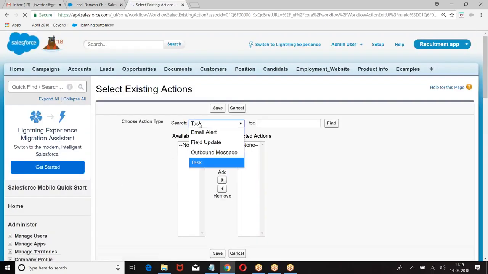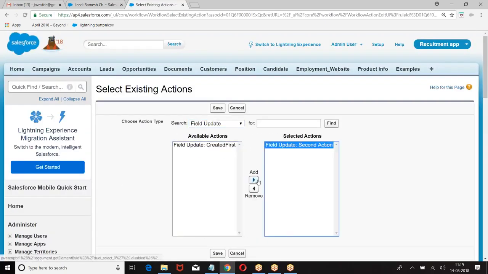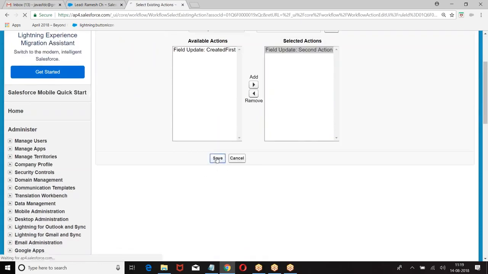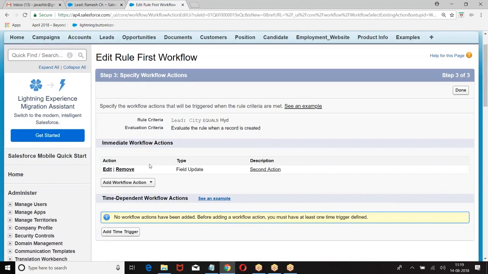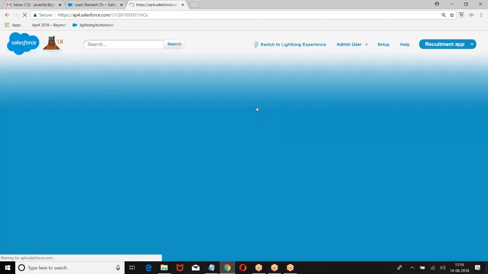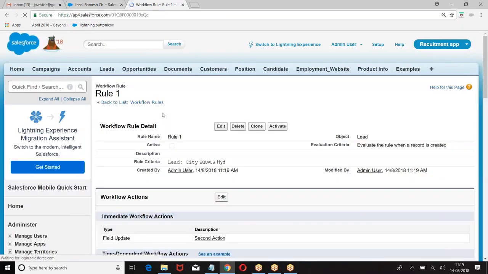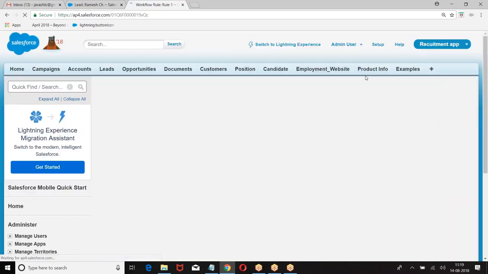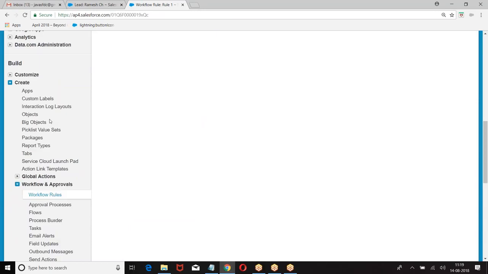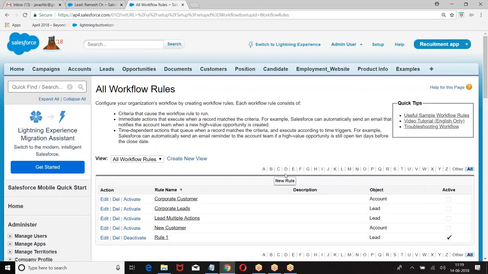Select existing. Rule 1, action 2. Then again, workflow 2.